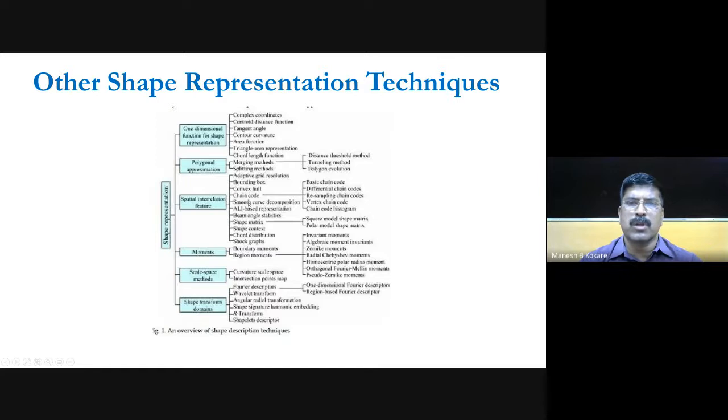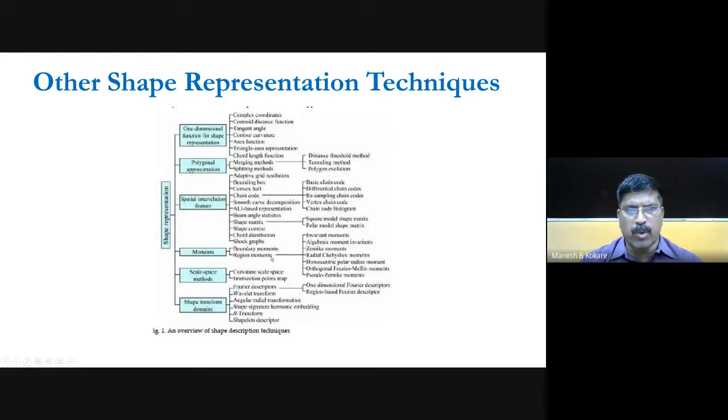Then smooth curve decomposition, then ALI based representation, then beam angle statistic, then shape matrix. In that, square model shape matrix is there, or polar model shape matrix is there, then shape context, then chord distribution, and then shock graphs are also there. Then moments are there. From moments also you can extract the boundary moments or region moments.